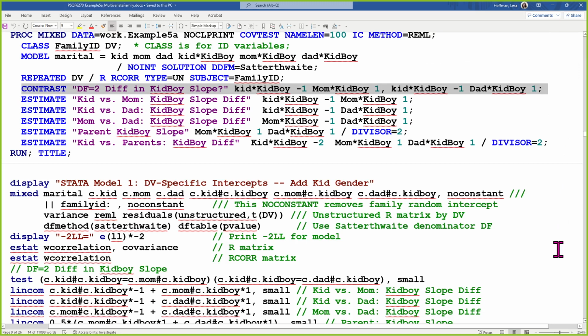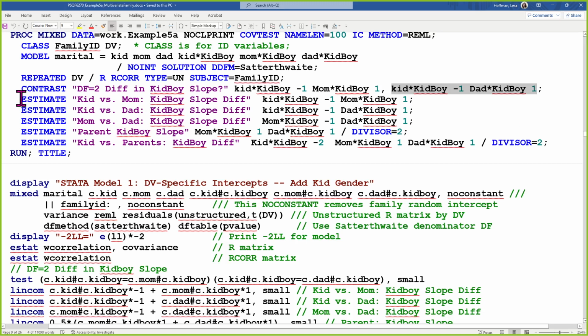Contrast is a way to generate an F-test that lumps multiple slopes together. What I am lumping together in this case is actually two terms. This is one idea, and this is a second idea. Note that there's only one comma in the middle. So it's building this difference and then building this difference and testing both of them simultaneously. In other words, this is essentially the 2 degree of freedom interaction for whether the effect of kid boy differs across the 3 outcomes. That's what I'm trying to get here.